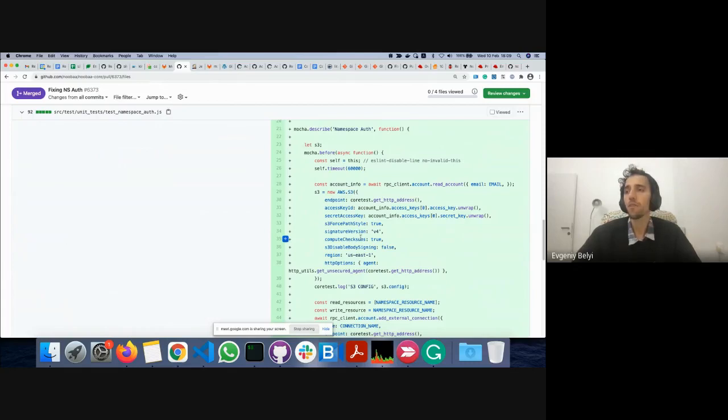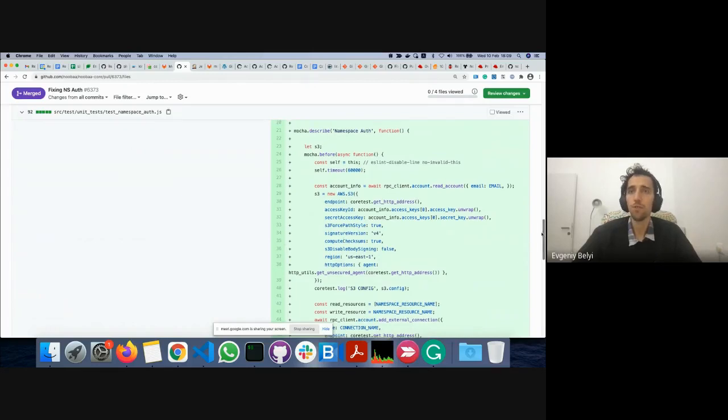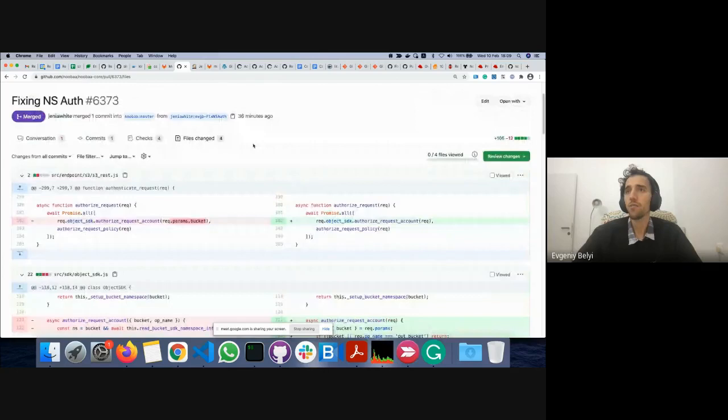From previous conversation, we also backported this fix to the 5.7 version, and it is also merged in our master version for noobaa-core. I understand from you, Patrick and Quentin, that you've currently built the master branch of noobaa-core, and you are trying to get your cluster to run the latest version in order to verify that this fixes the issue that you had with the anonymous request on namespace buckets.